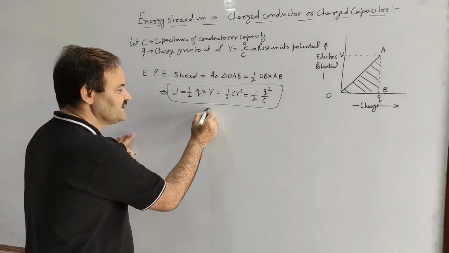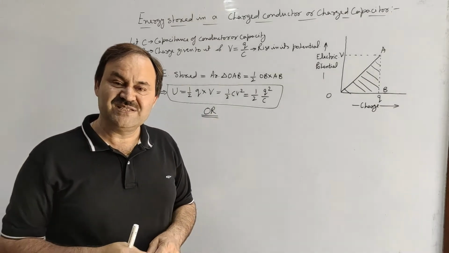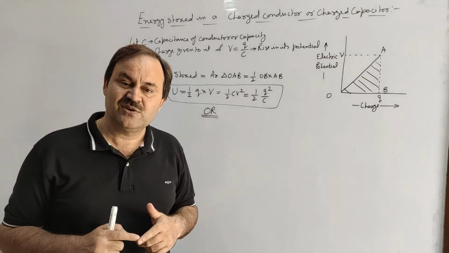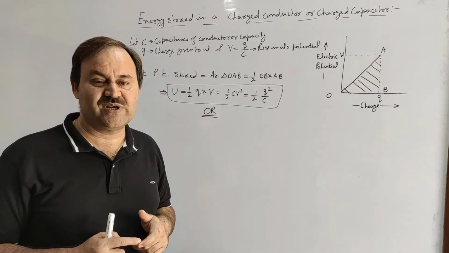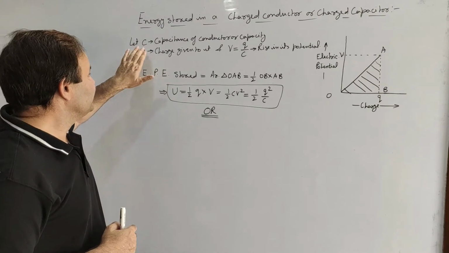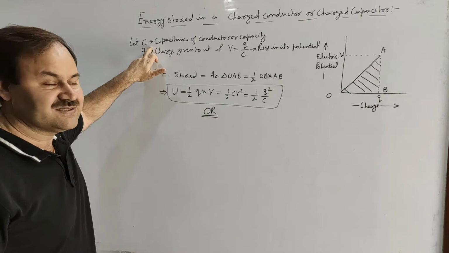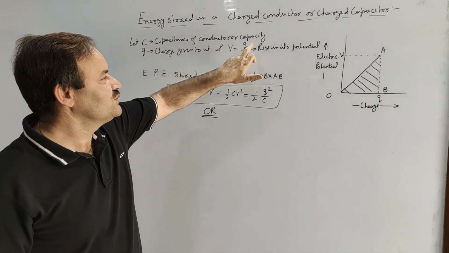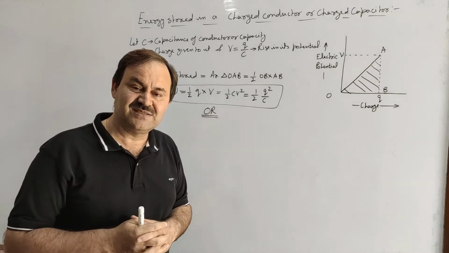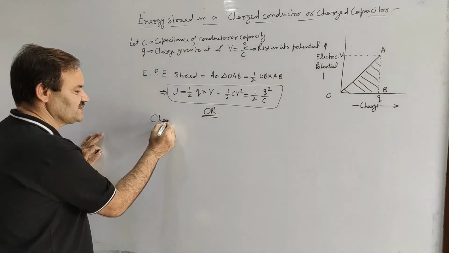But nowadays this expression is obtained using calculus. It means we will use calculus to obtain this expression for electric potential energy stored in a charged body or capacitor. Say again, we have given charge Q to the body having capacitance C such that its potential rises to Q upon C. If during the process of charging the body at any instant the charge on the body is q'